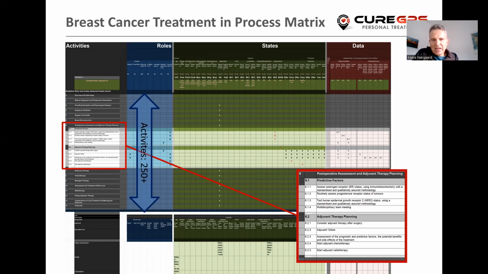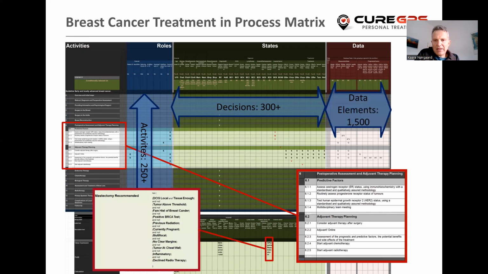One row represents one activity. The decisions you have to make are the green columns facing the rows. So if there are 300 decisions to be made, there must be 300 columns only. And the data elements are depicted to the right, and they make sure that you can build forms and make